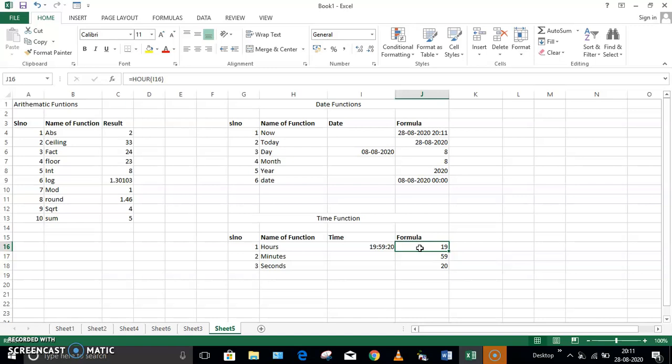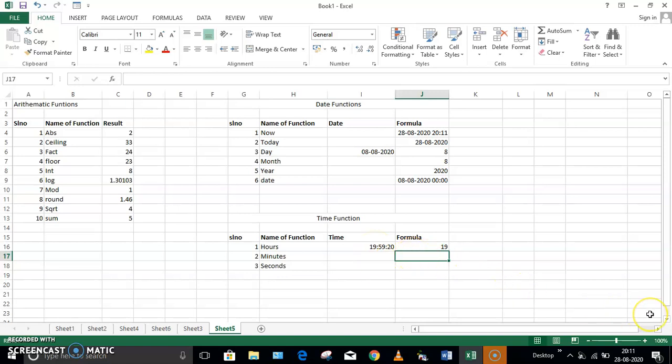I'll write here equal to HOUR, and here you have to give the serial number of the time from which you wanted to find the hour. Now the hours can be from 1 to 24, and when you press enter it will say the hour is 19.